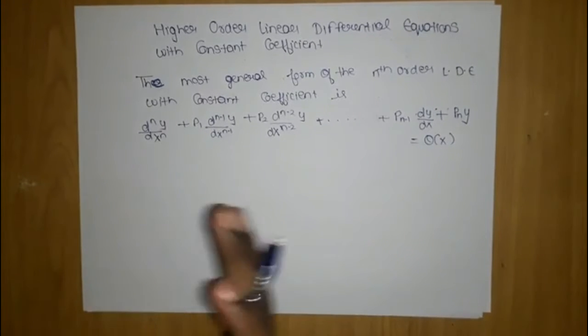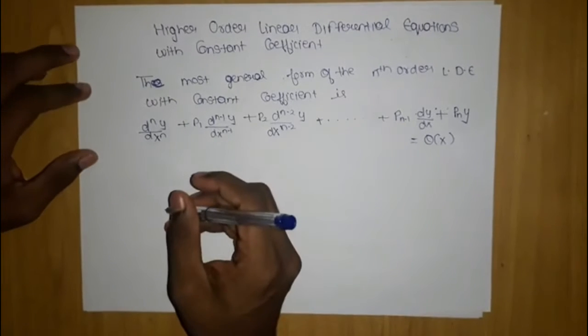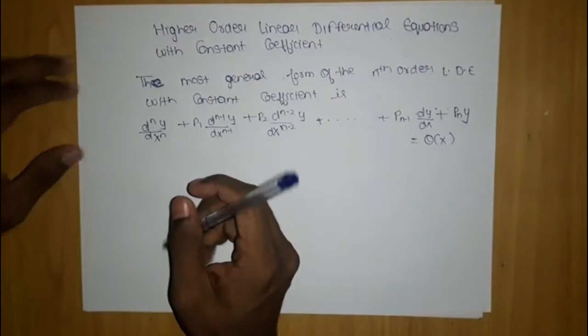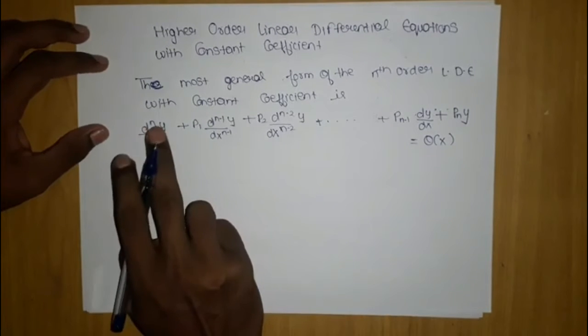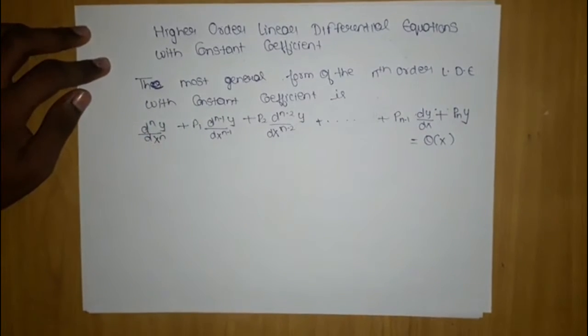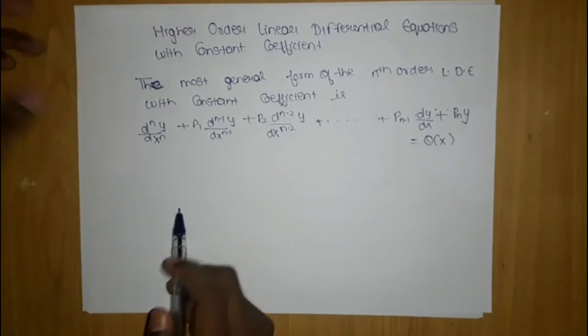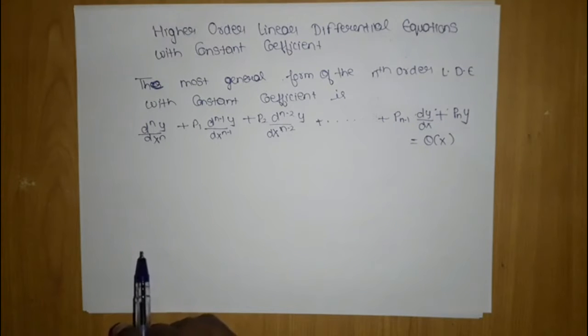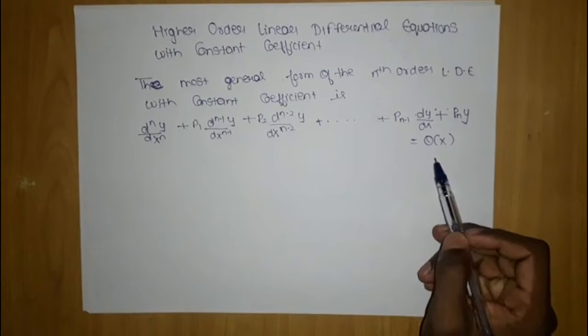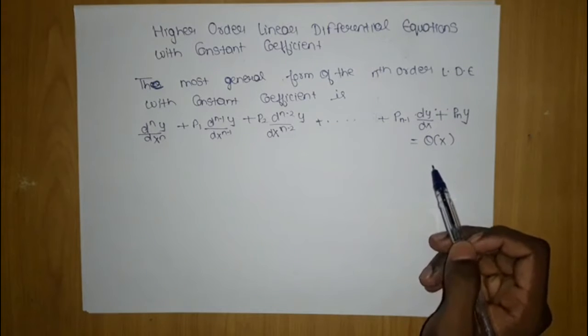Now the things here p1, p2, p3, pn are what? Constants. Okay, here p1, p2, p3 are constants while these are derivatives. Now in further what you will understand that y is the dependent variable, as we have studied in linear differential equation, and x is the independent variable, so this function q of x also becomes an independent function.